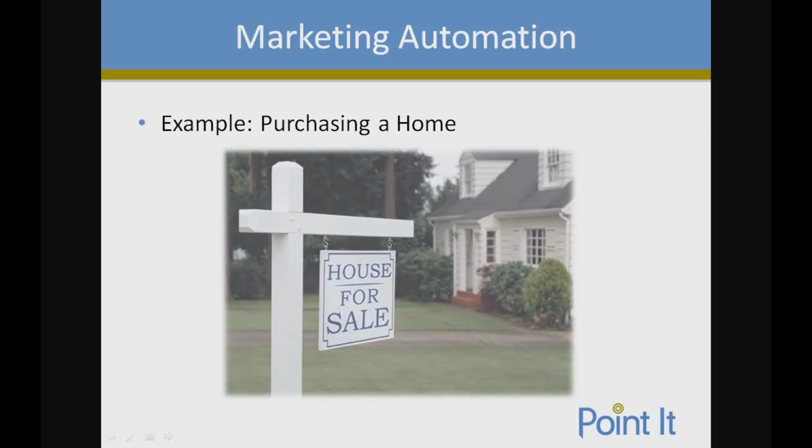If you were to meet that real estate agent and they came to you with properties around the country of all different sizes and price points, you're likely going to be confused or frustrated, and you don't really feel like that real estate agent is communicating with you and trying to figure out what it is that you're interested in. On the other hand, if you have a great real estate agent, you're able to communicate with them about what your needs are, where you'd like to be living, what size house you're looking for, and that real estate agent will start to send you properties that fit with your criteria and ultimately build that trust with you as a customer. It's the same idea with marketing automation.